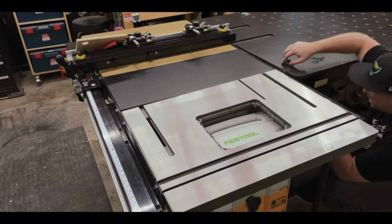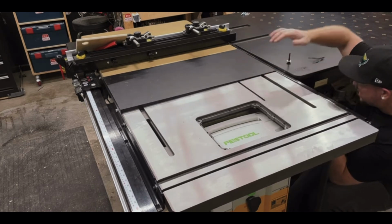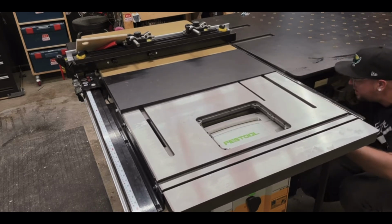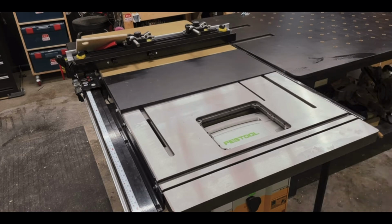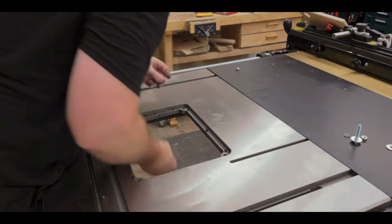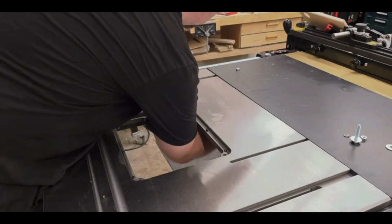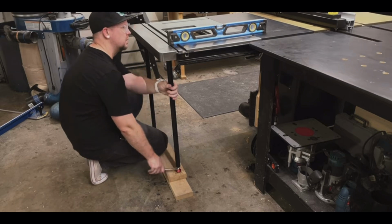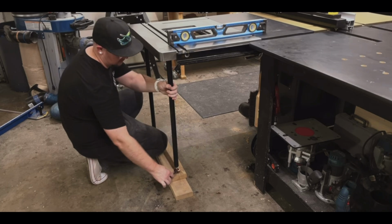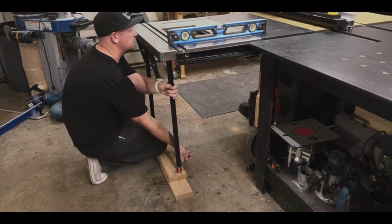So now I'm just getting the rest of the bolts put into the top. I'm doing just 4 on each side to each rail, both the front rail and the back rail. And that's going to just get me kind of in the neighborhood of where I need to be to get these next 2 bolts in here that lock the extension wing into my other extension wing. Are they both extension wings if they're not the actual saw top? I'm not really sure, but anyways, I got those 2 bolts in, and now I needed to level out the